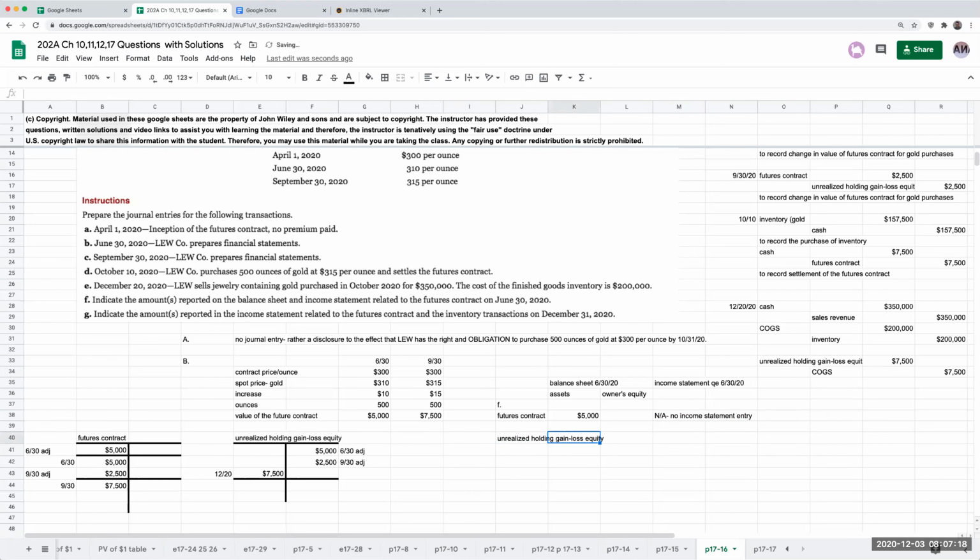So I would have an unrealized holding gain of 5,000. Okay, so my balance sheet would be showing this, and my income statement would be showing this. Now, indicate the amounts reported in the income statement related to the futures contract and the inventory transactions on December 31st. So over here, the income statement would be showing